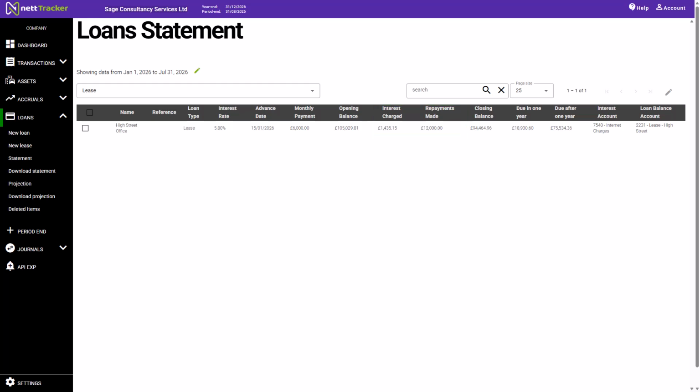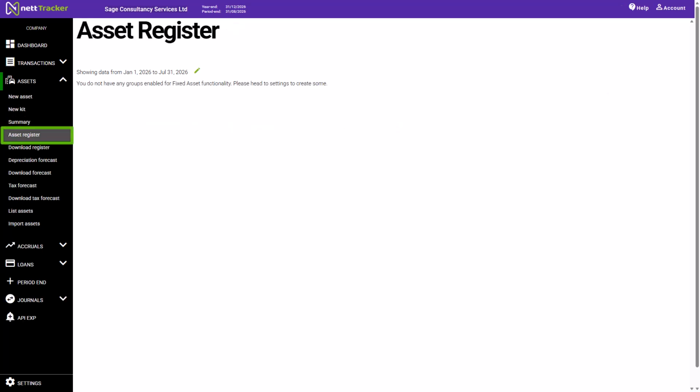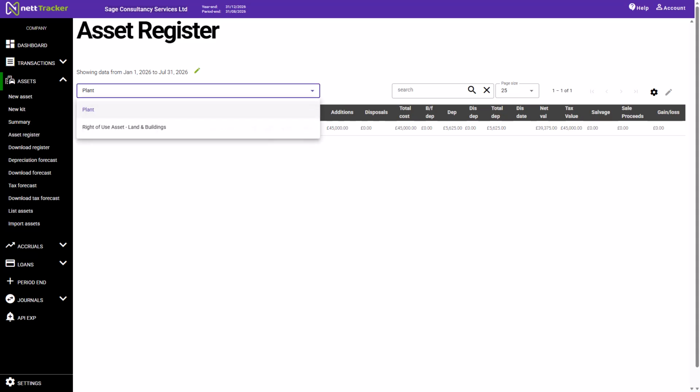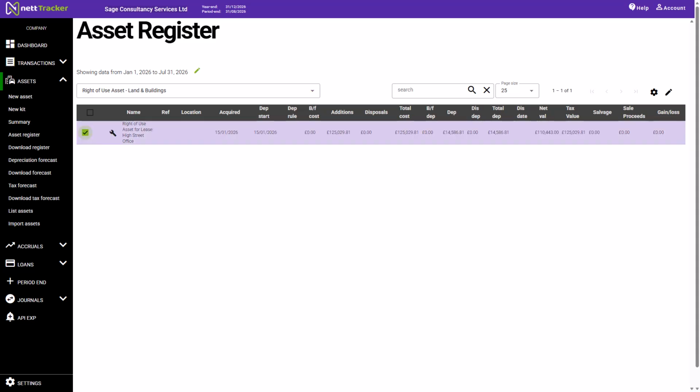Now that we've looked at the lease, let's take a look at the right of use asset. From the left-hand menus below Assets, we select Asset Register. From the drop-down filter within the Asset Register, we select the required asset group, which in this example is right of use assets, land and buildings. Here, we can select the asset created, and like the lease, if we tick the box, select the tools icon